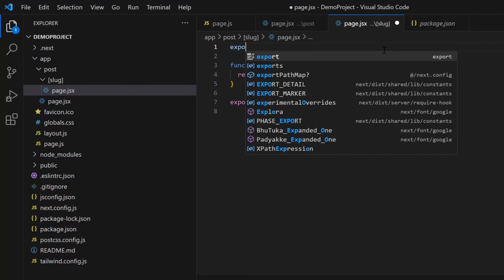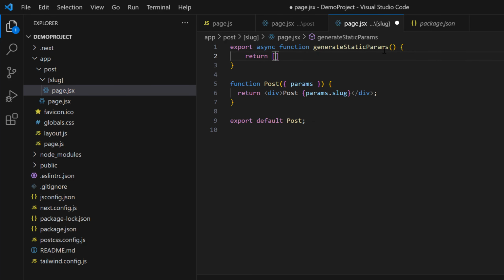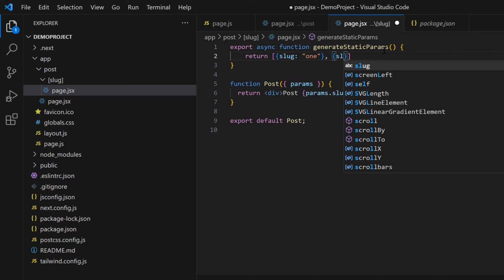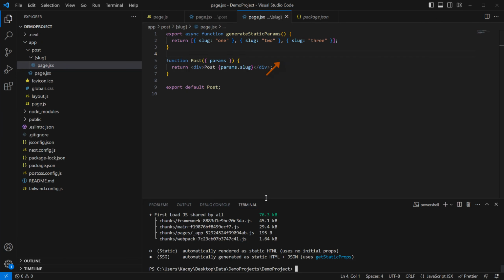So now if you want to go ahead and generate static parameters, it's very simple. All you would need to do is create a new function called generateStaticParams. And here, what you would need to do is go ahead and return an array of objects. Objects will represent the dynamic or the static routes that you want to go ahead and build. In this case, I'm going to go ahead and build 3 static routes, which is 1, 2, and 3. Be advised that you also need to name the key the same as you name the dynamic route, which in this case, it's slug. So now when I go ahead and build this application,